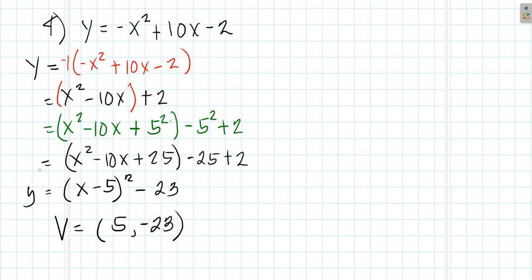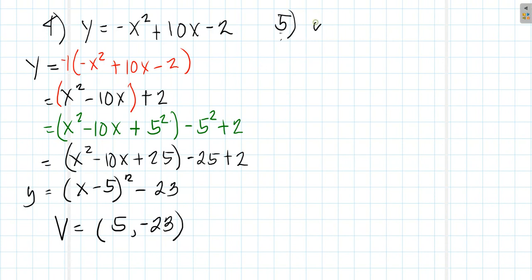Okay. But there is another way to solve for the values of h and k, or the vertex, using the formula. But before that, let me have another example. So number 5, this is when a is equal to 1. Another example,